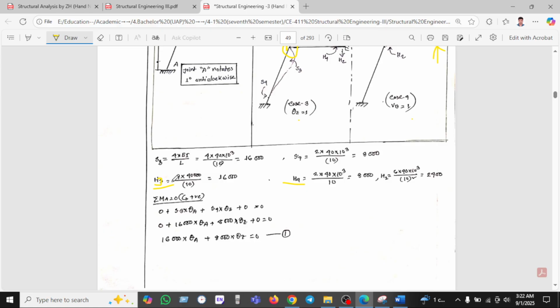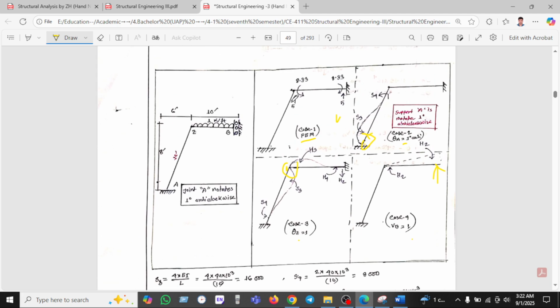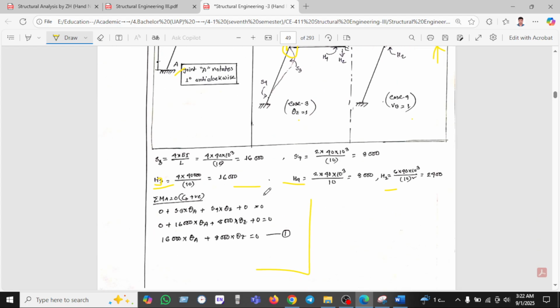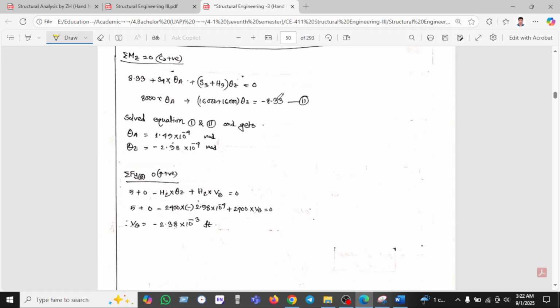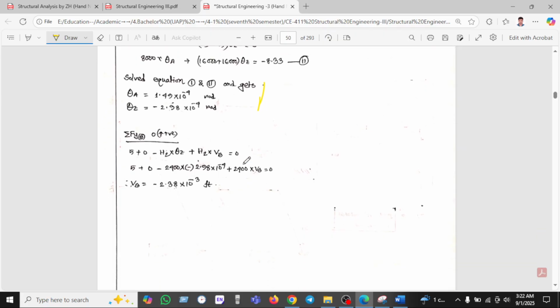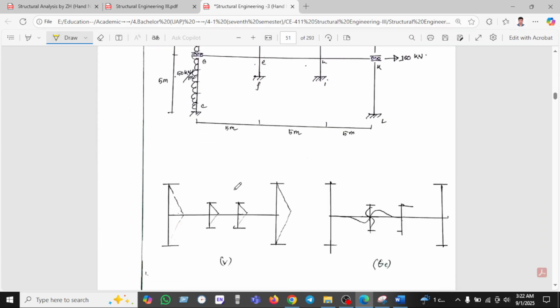S4 instead of s3, as this is not the same value we've been finding here. Taking the moment at point A, this is the point A. So we have been taking the four cases from here, and mz consequently we've been finding the rotation and found the displacement. Okay,